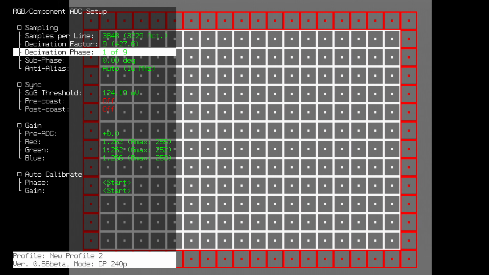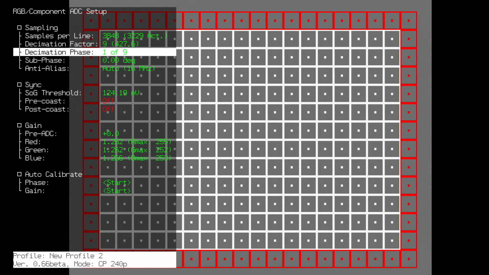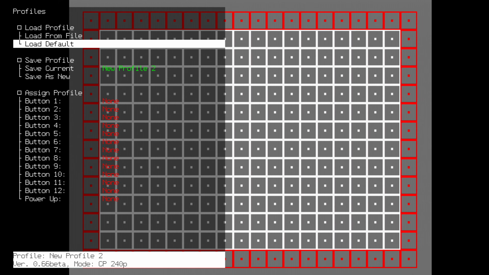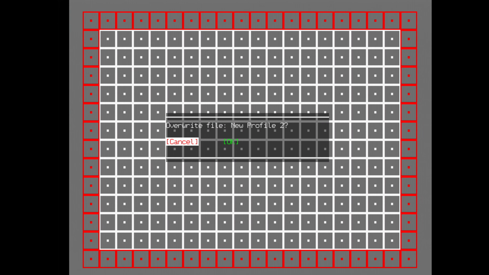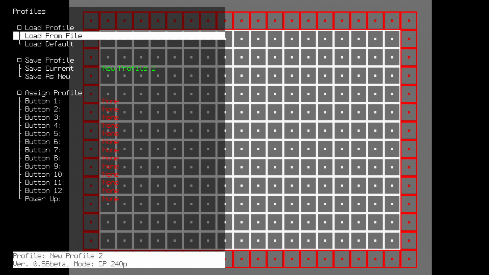Now for decimation phase and subphase, you can use a checkerboard pattern, but I also include a zoom profile that allows you to see that easier. But before we adjust that, we're just going to go ahead and save our progress. So back out, profiles, save as current, done. And now if we load my zoom